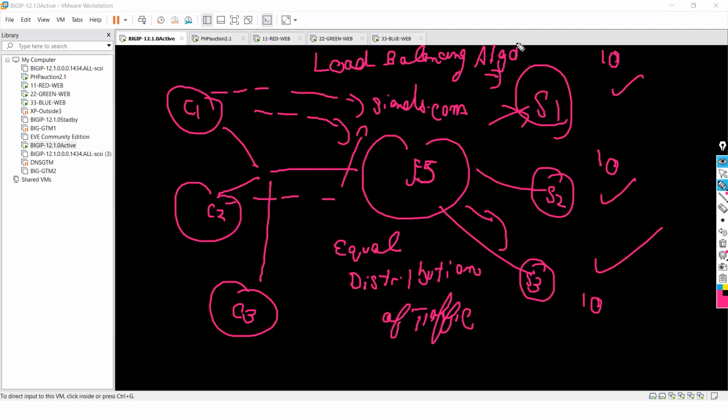That is in very huge demand. When you study load balancer, you should know what a load balancing algorithm is. That is the basic concept of load balancer plus load balancing algorithm.